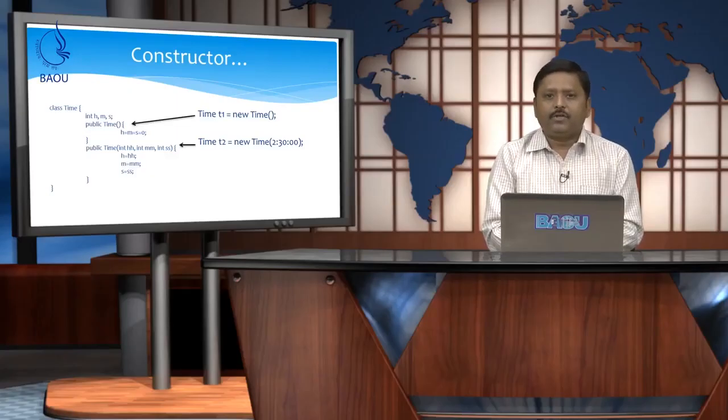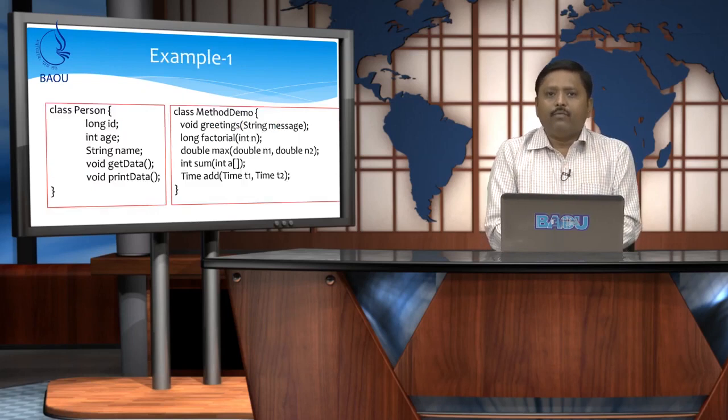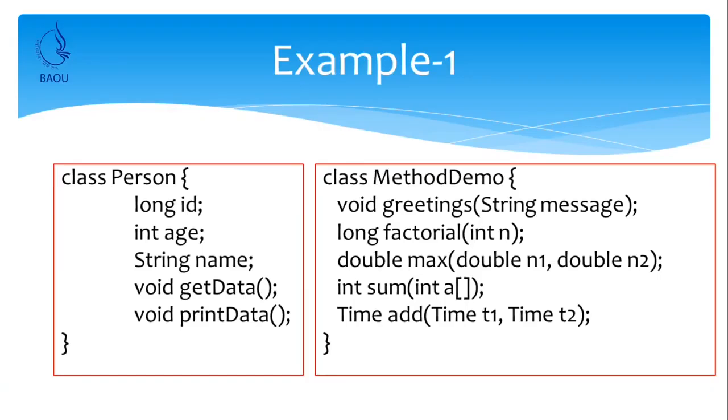We will use this constructor in writing a program, but it is very important because you can initialize the data of an object at the time of creation itself, and you need not explicitly call this constructor, it is automatically called whenever you create an instance of the class or object. We take one example. Here we define a class which is the same as earlier, but here we add 2 things. One is a method which represents void getData.